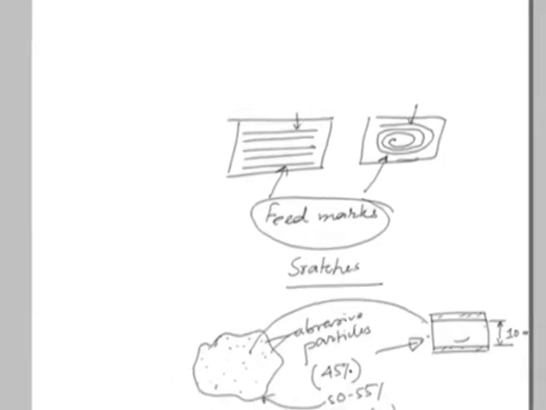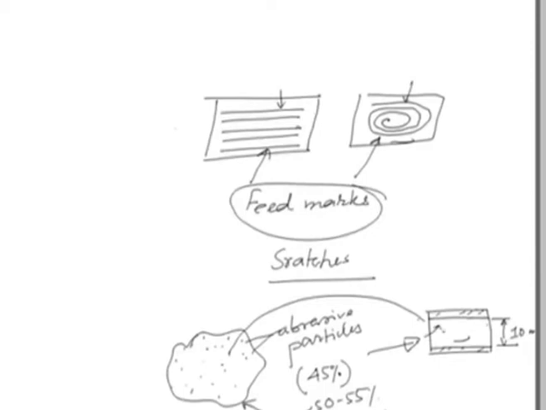While moving through, the media will come in contact with these surfaces which are to be machined or finished. Now, in fact, these tiny abrasive particles, which are very small in nature,